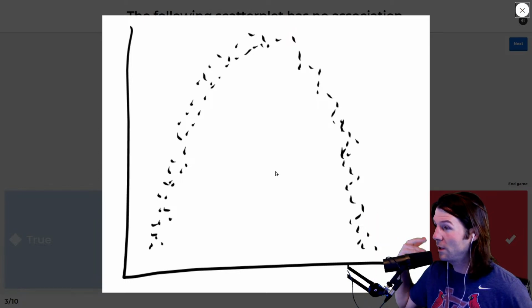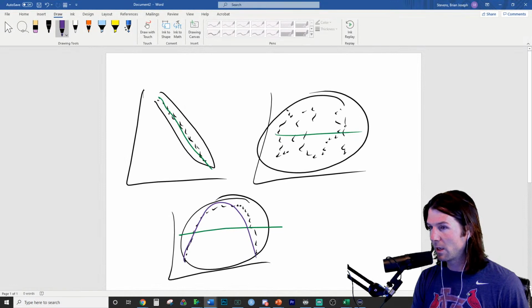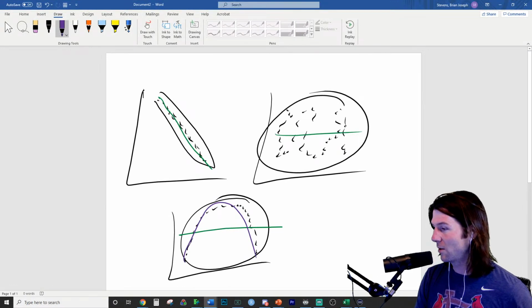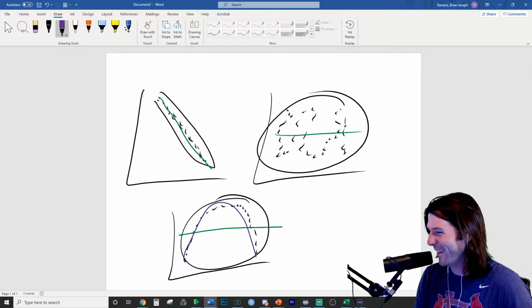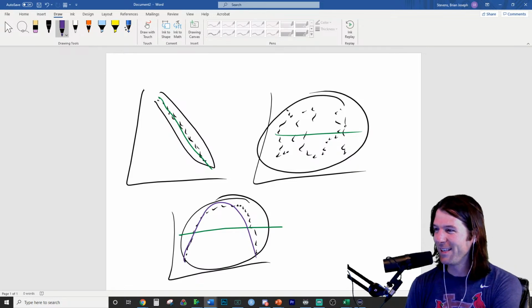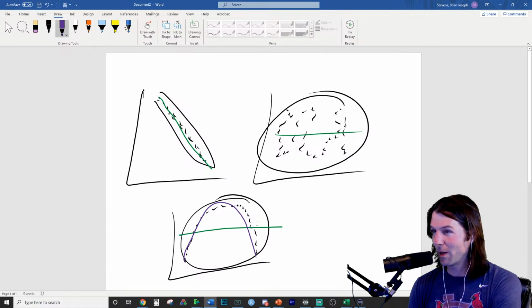You are right. There's no linear correlation, as you're saying, and this is kind of a review of what we were doing. In this sort of plot right here, there is no linear association. We have right here a non-linear parabolic association. So the correlation of this one and this one are both 0.